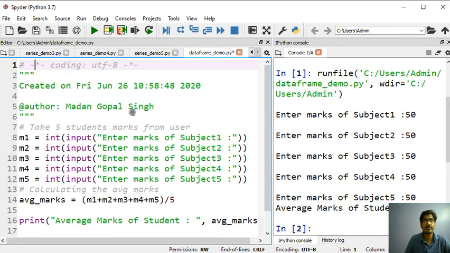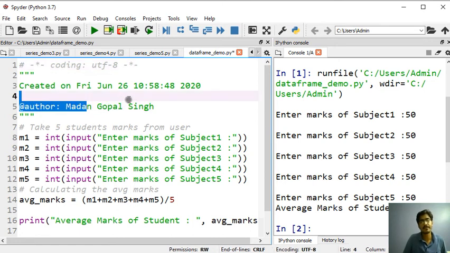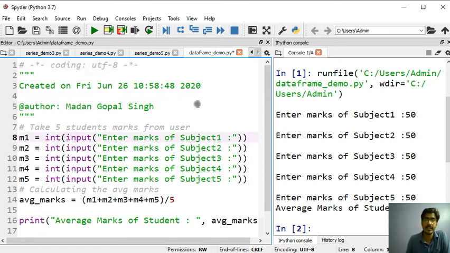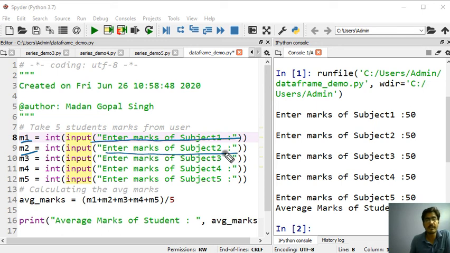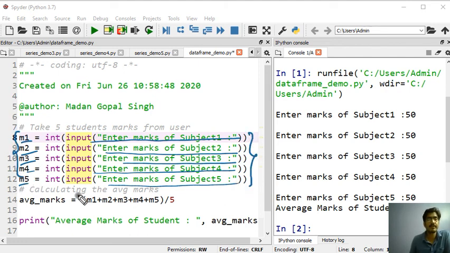So I have typed this Python program for you, whatever we have discussed. We have taken the marks of subject 1 in M1, subject 2 in M2, subject 3 in M3, subject 4 in M4, and subject 5 in M5. This is how we have taken the 5 subject marks.